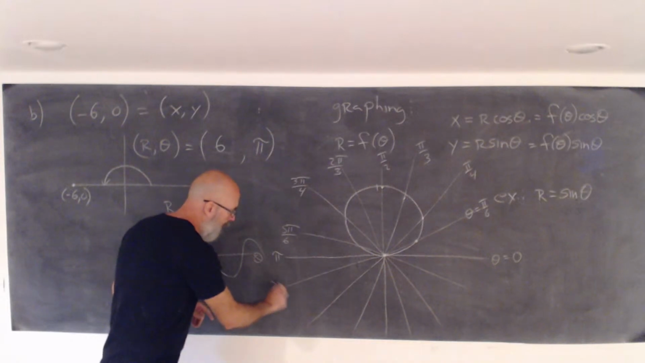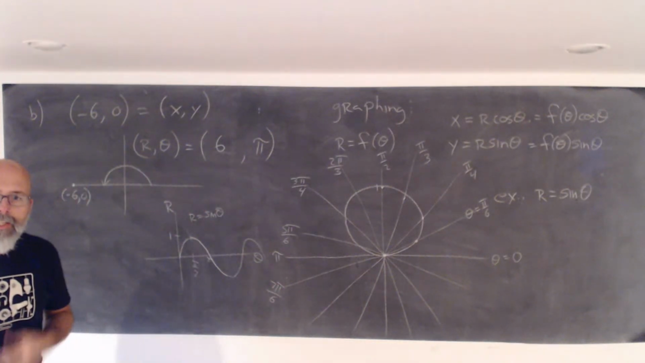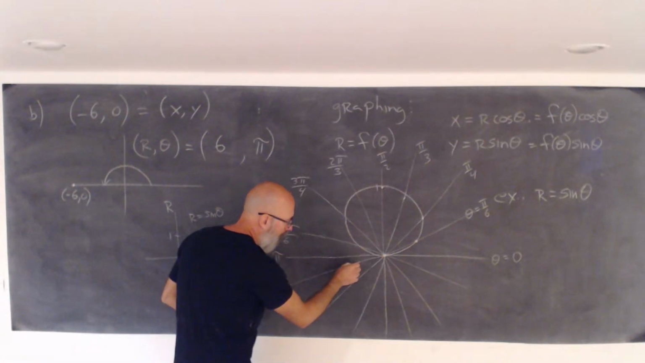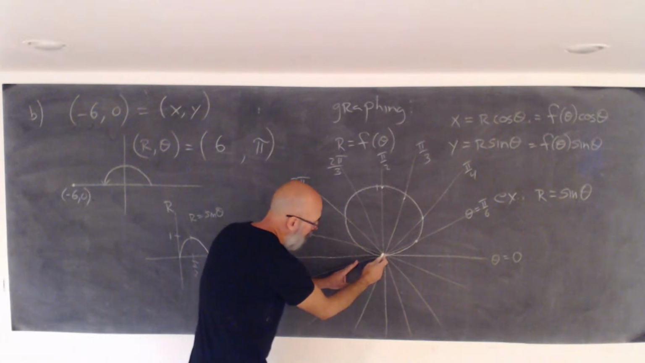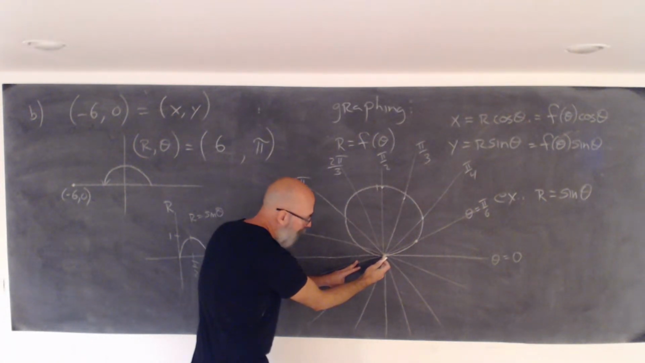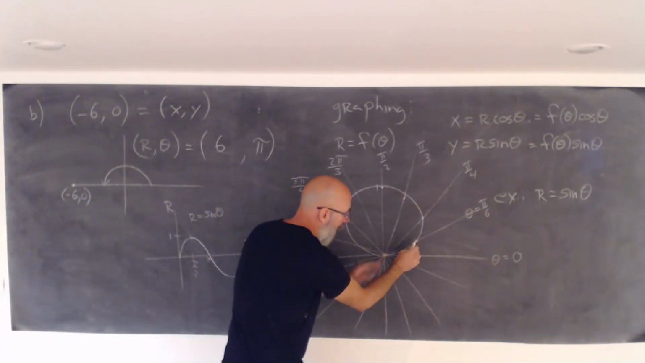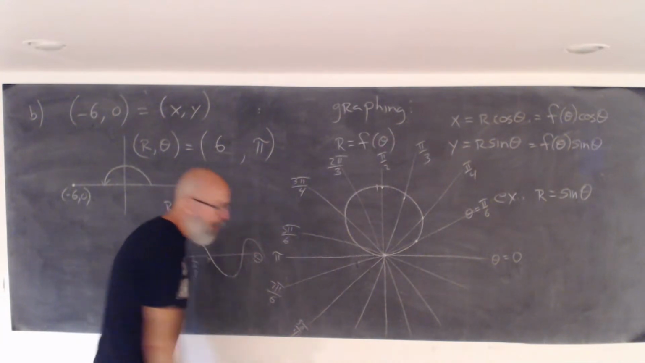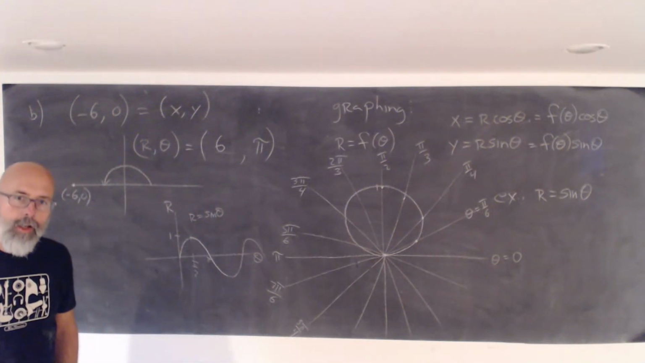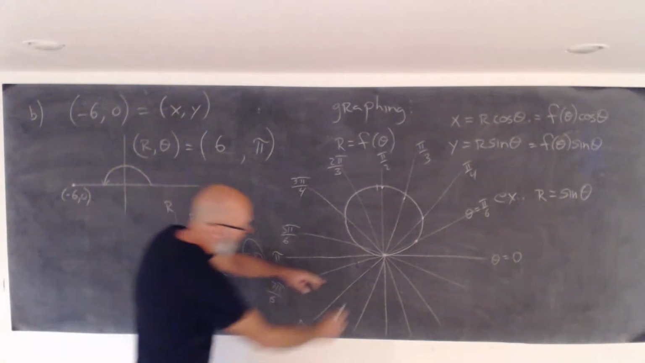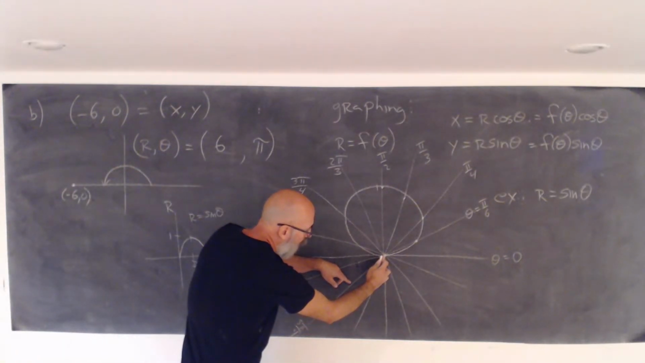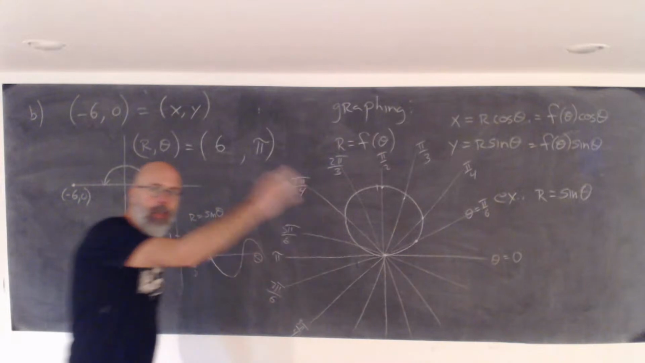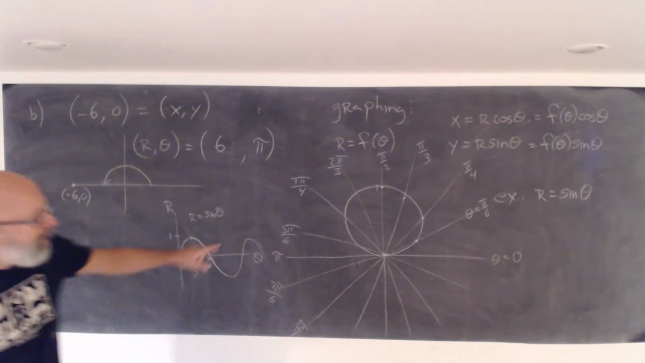Sine of 7 pi over 6 is negative 1/2. So instead of going a distance of 1/2 in this direction, you're going to go a distance of 1/2 in the opposite direction. Sine of 5 pi over 2 is negative 1 over root 2. So instead of going a distance of 1 over root 2 in this direction, you go a distance of 1 over root 2 in the opposite direction, and so on and so on. It overlaps exactly